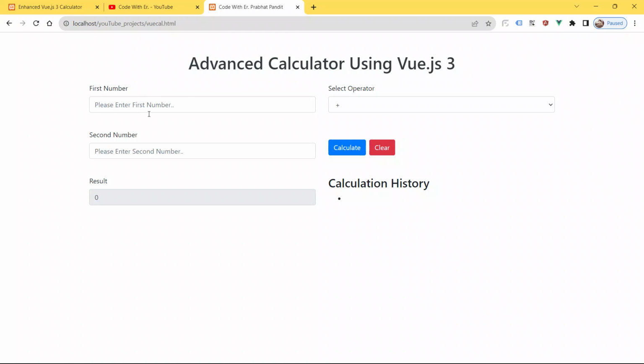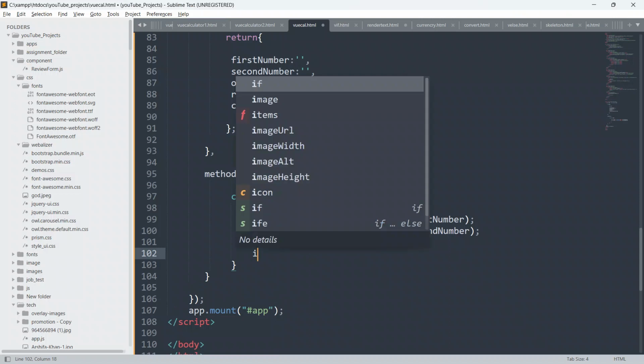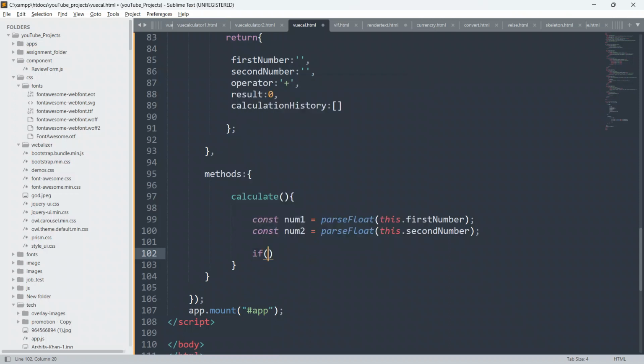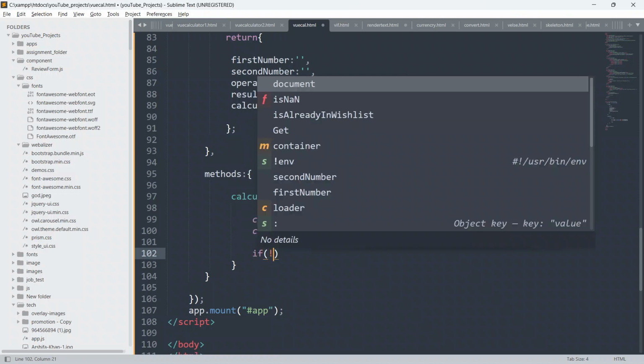Okay, so guys, now I'll say if, does not equal to, or the logical not operator. This exclamation sign is also known as the logical not operator, or negation, inside the code.